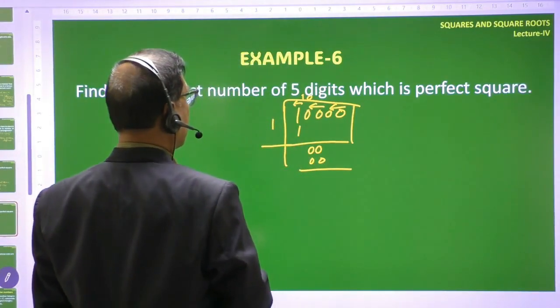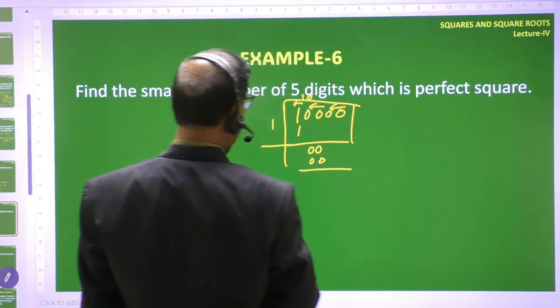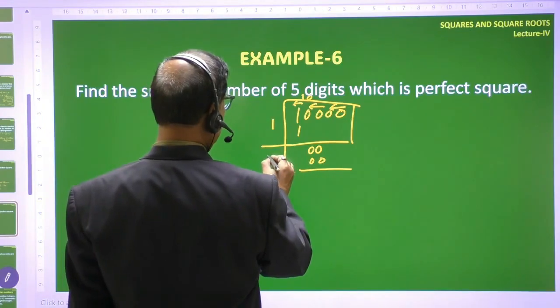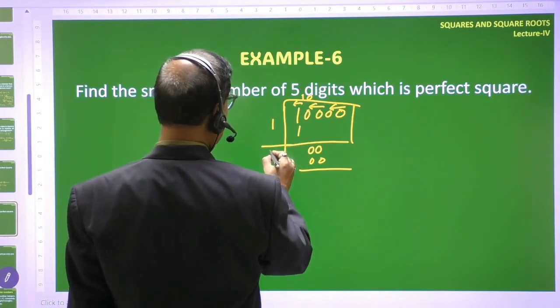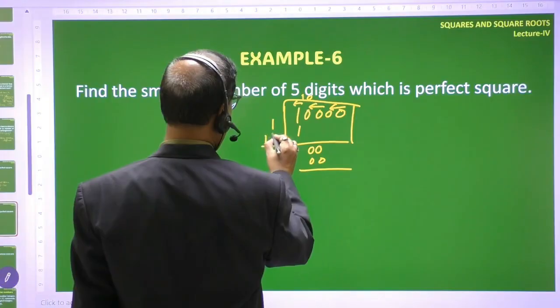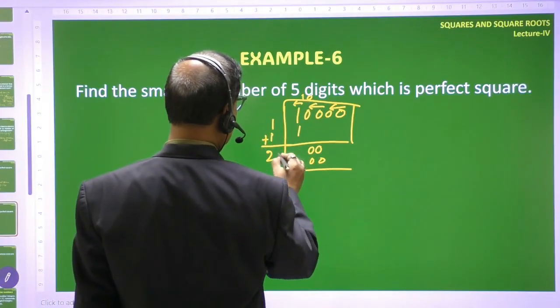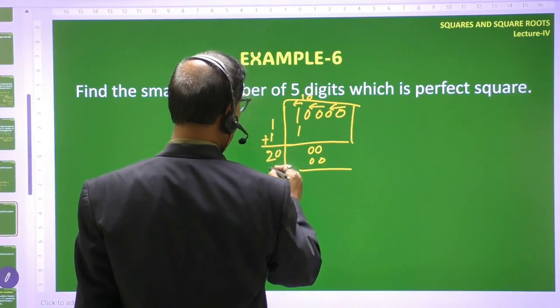Yes or no? So here 1 means double of 1, 2. So you have to put 0 here. If we put 1 here, then 2, yes, double, but since 0 here, so you have to put 0, 0